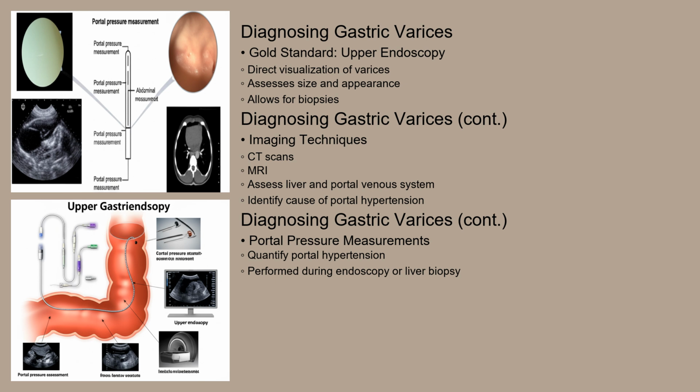The gold standard for diagnosing gastric varices is an upper endoscopy. This involves inserting a thin, flexible tube with a camera attached into the esophagus and stomach. The endoscopist can directly visualize the varices, assess their size and appearance, and even take biopsies if necessary. Imaging techniques like CT scans and MRI can also be helpful in assessing the liver and portal venous system, identifying the underlying cause of portal hypertension. Portal pressure measurements, although less common, can be performed during endoscopy or liver biopsy to quantify the severity of portal